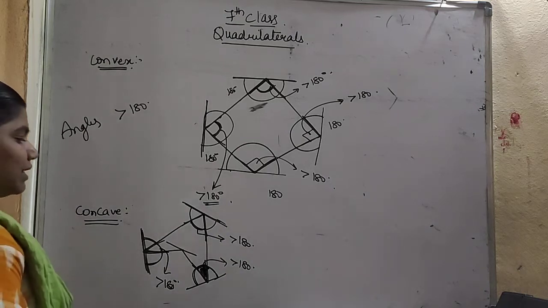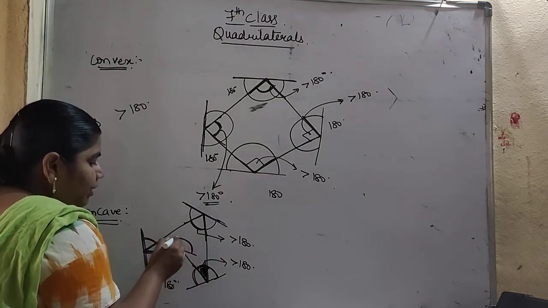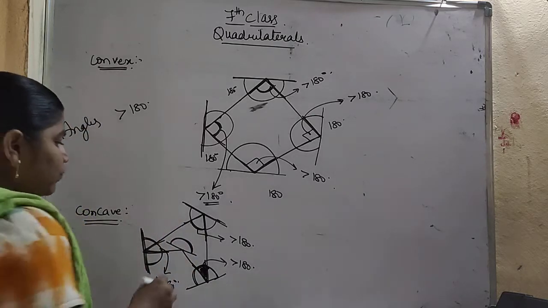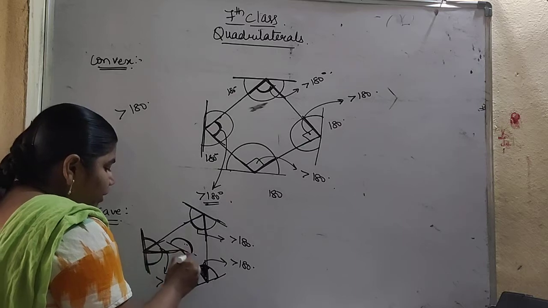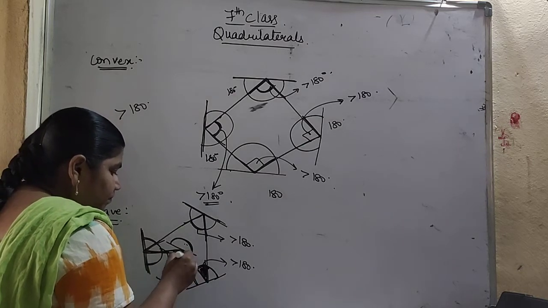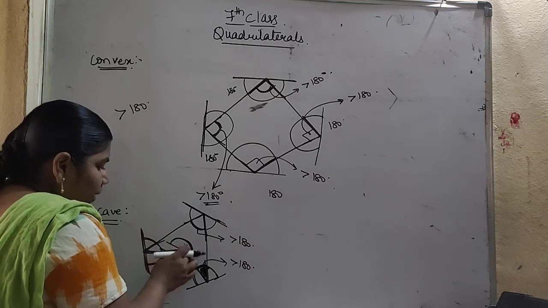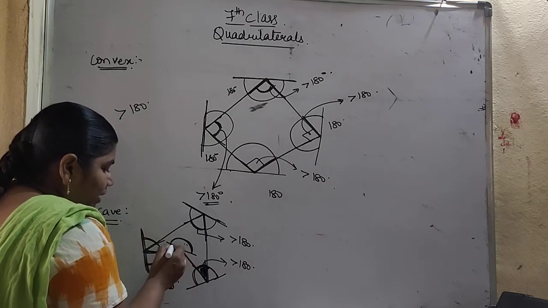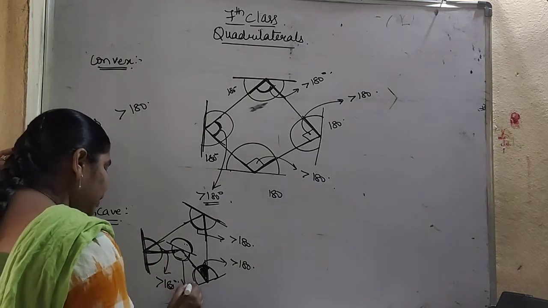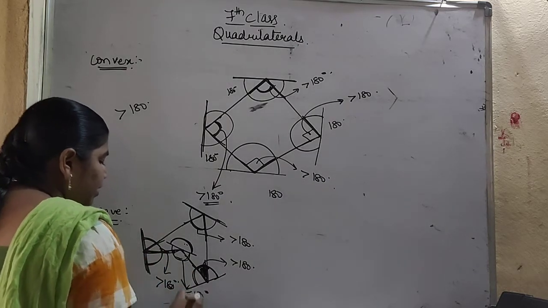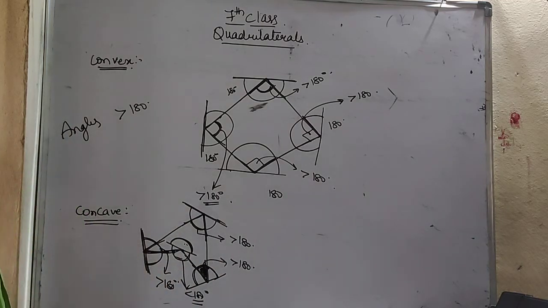Okay. Now what is the last angle? This angle. Here it is forming an interior angle. Here it is forming 180 degrees, but we are using the outer angle. If it is 180, this will be the greater angle. So this part will be greater than 180 degrees. That means this figure is called a concave quadrilateral.